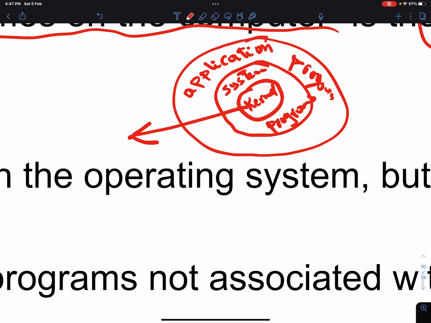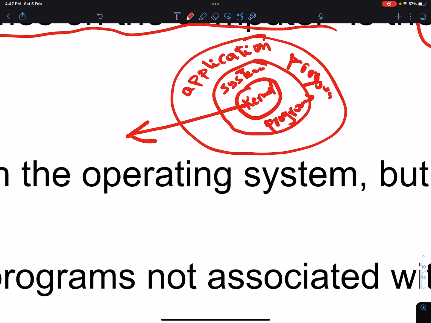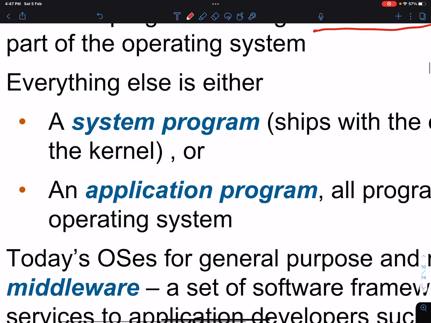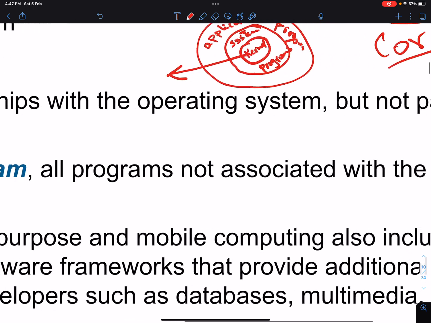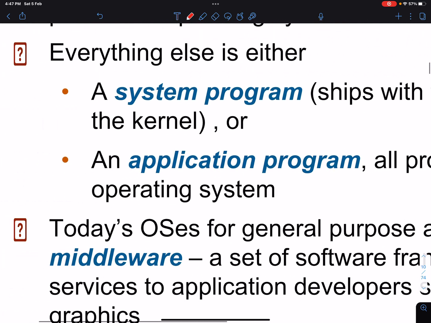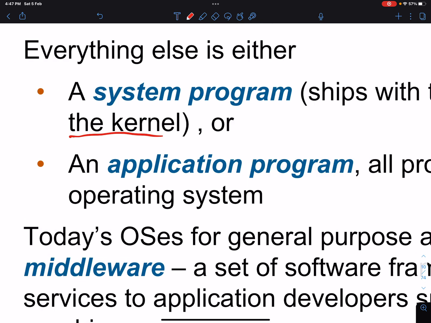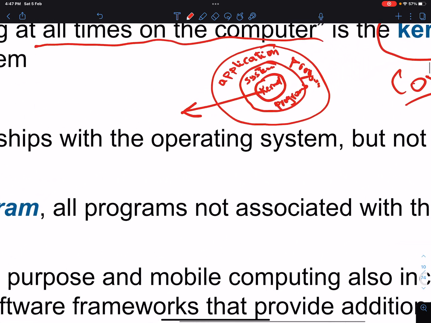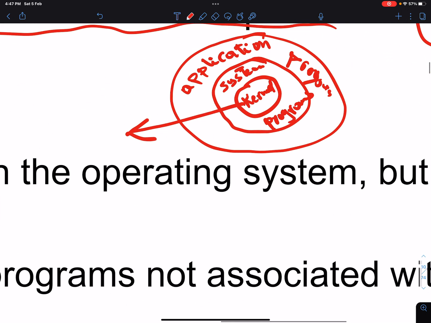And then some operating systems come with application programs. We all know about that. So a system program ships with the operating system, but is not part of the kernel. Why is it not part of the kernel? Because it doesn't have to be working all the time. The memory manager is part of the kernel. You cannot have an operating system working without managing memory, right?